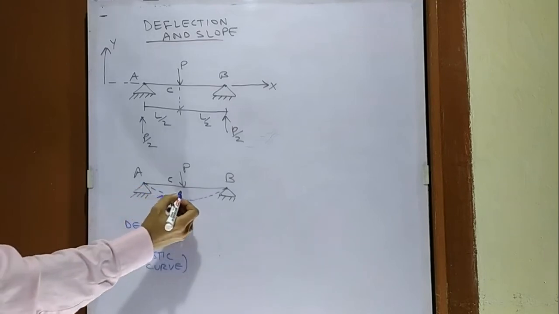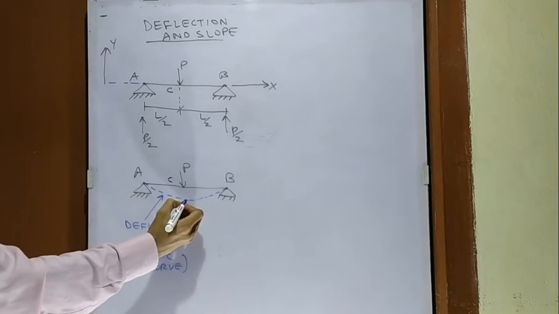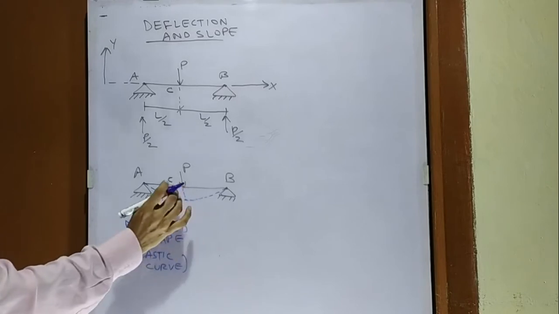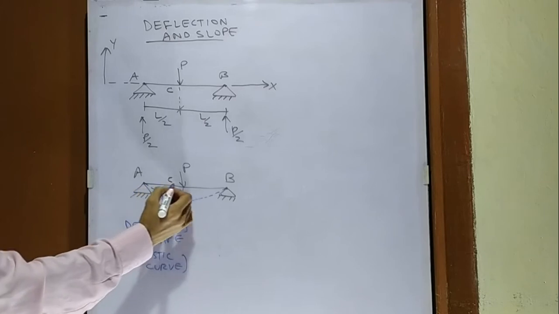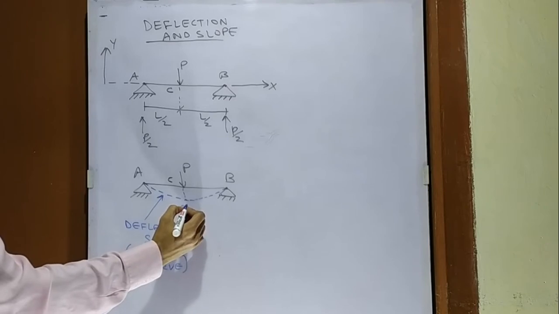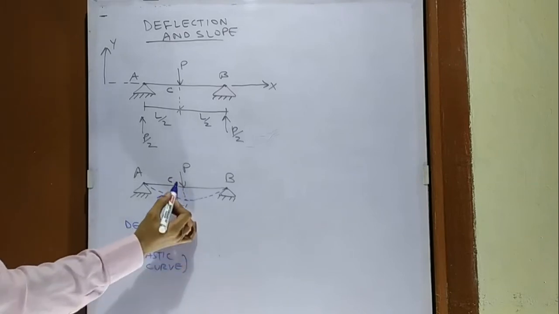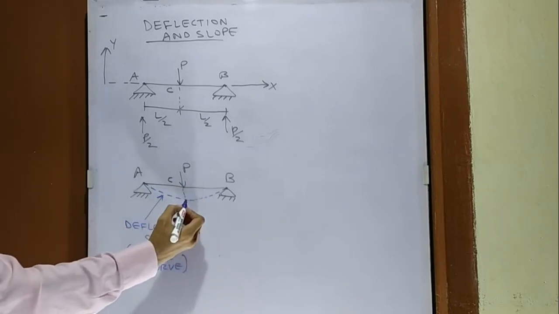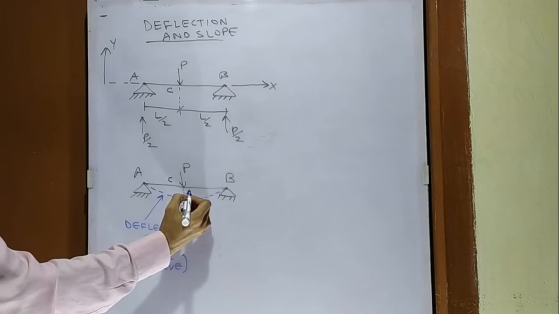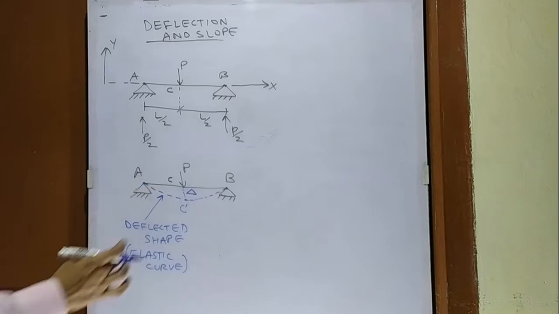The deflection will be the vertical difference between the ordinate at this point and the ordinate vertically below, like this. This is the point C on the initial shape of the beam, and let us say that this point is C dash, which is just vertically below the point C on the deflected shape of the beam. The difference between these two ordinates will be the deflection. Let us denote our deflection as delta, the deflection at point C.